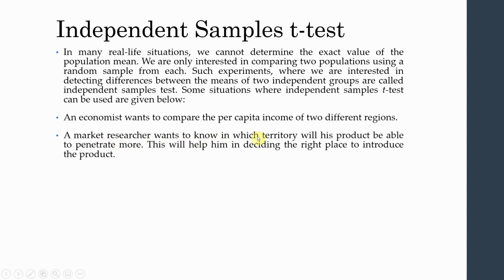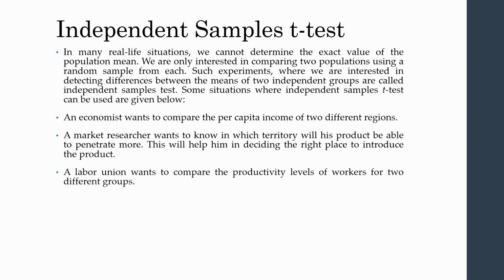A market researcher wants to know in which territory his product will be able to penetrate more. This will help him decide the right place to introduce the product. So he wants to compare two territories. You cannot have more than two territories. Those two categories will be used to compare any particular value, which may be sales, expenses, advertisement expenses, or any other dependent variable. These categories are referred to as the independent variable, whereas the testing value or the mean value is referred to as the dependent